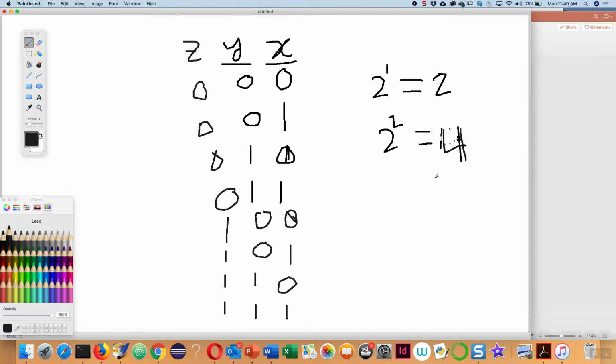So if I have 3 switches, then I can give 8 different combinations. Similarly, if I have 10 switches, then I can give 2 to the power 10, equal to how many? 2 to the power 10 equal to